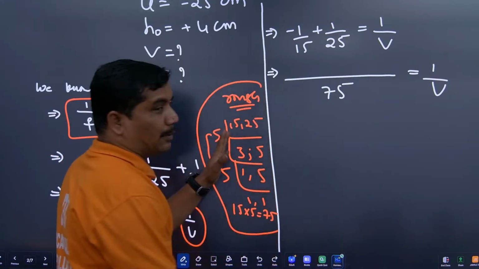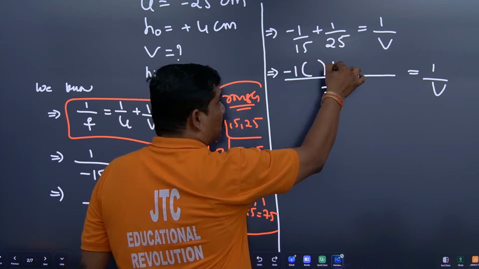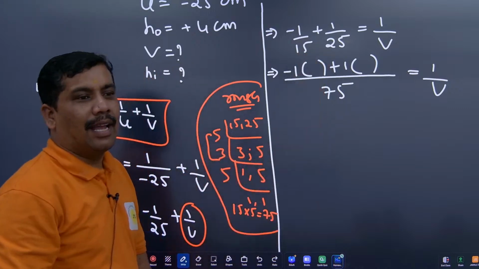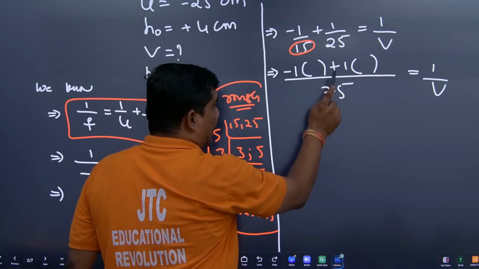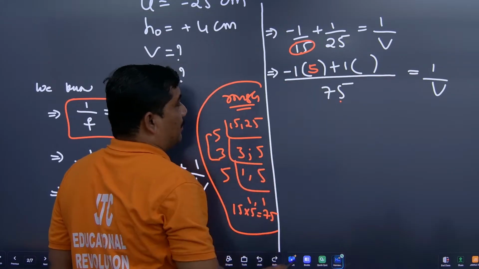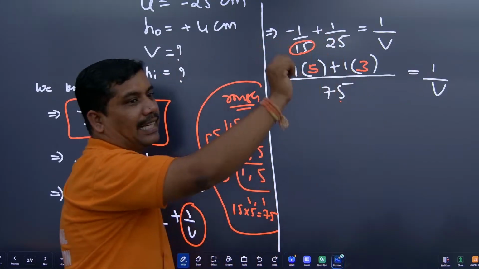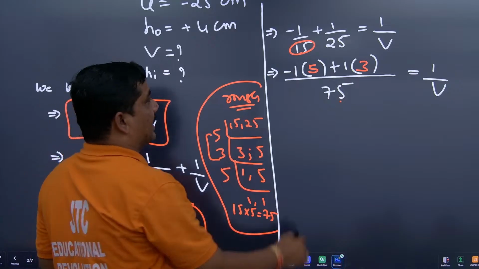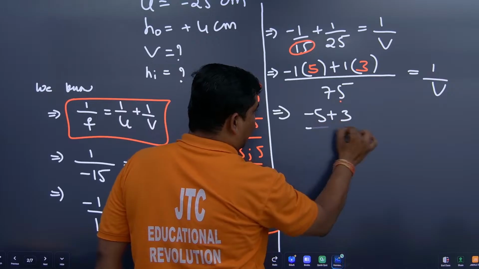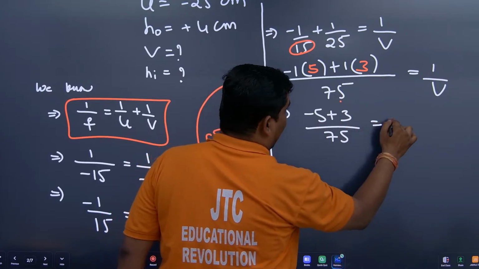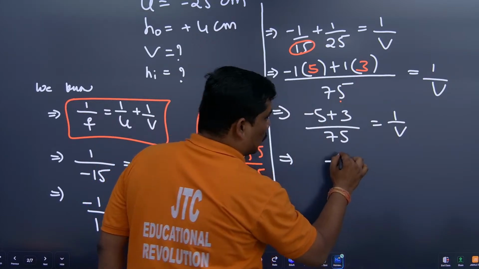या चलो, क्लियर है सभी को? 75 कैसे आया? राइट, अब देखो ये हमारा टेक्निक याद है सभी को, -1 एम्प्टी ब्रैकेट +1 एम्प्टी ब्रैकेट। राइट, अब पहले ब्रैकेट के लिए पहला डिनोमिनेटर देखेंगे, 15 के टेबल में 75 कब आएगा? 5 टाइम। दूसरे ब्रैकेट के लिए दूसरा डिनोमिनेटर 25 के टेबल में 75 3 टाइम। राइट, क्लियर है सभी को? नेक्स्ट, -1 इंटू 5 -5, 1 इंटू 3 3, 75 एज इट इज। अब इसे सॉल्व करते हैं, -5 और +3 का आंसर होगा -2, क्योंकि बड़े नंबर का